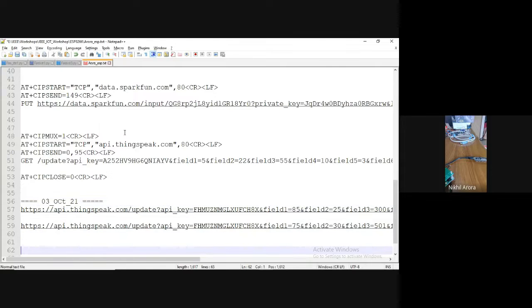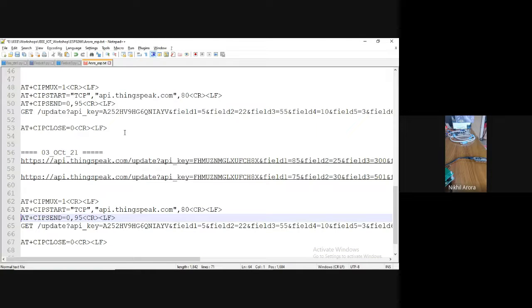What is our new data set? Today's website which we have created. So first line, mux. One channel I'm creating between me and TCP/IP of ThingSpeak. Next is connect to ThingSpeak. Protocol is TCP, website name is thingspeak.com and port number is 80. This 80 is the port number. Then CIPSEND 95 bytes.